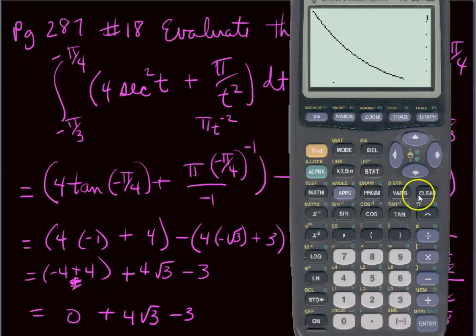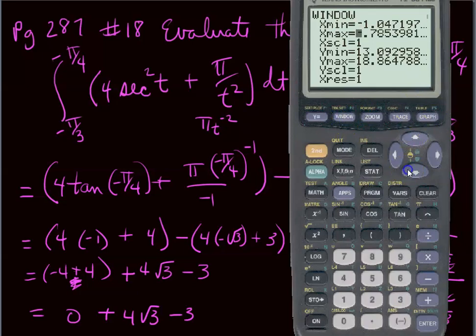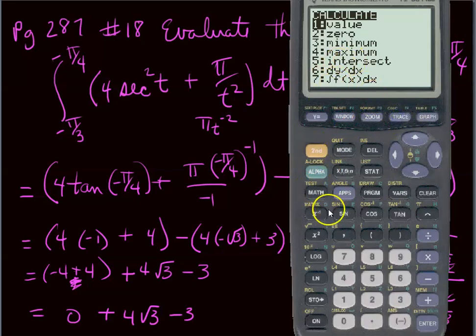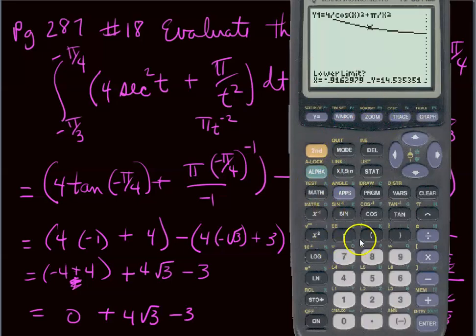And we're also going to put the window so it includes the x-axis. So down here, x min is 0. Wow, it's going to make a big difference here. So we're looking at that area. Now, if we then do the second calc and do the number 7 definite integral, and we go from a negative pi over 3,